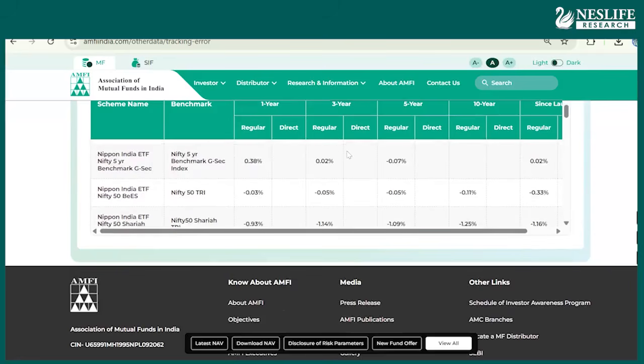And you compare three funds and find out which has the less tracking error. Less means towards zero, not the minus side. You may say that minus 5 is less than minus 1. No, not this way. Towards zero. If it is more minus, then it is not good. It should be less minus, towards zero. So this is the criteria to select an ETF.